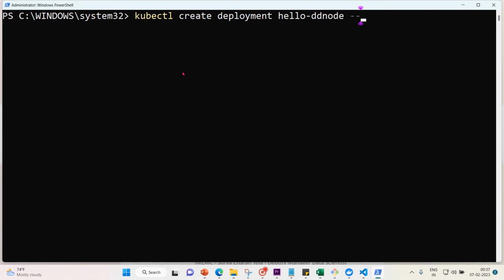And then the image, I have to get it. So the image, I will get it from registry.k8s.io/e2e-test-images. It's a test image. Basically these are test images specifically made for learning purposes, and the name of the image is